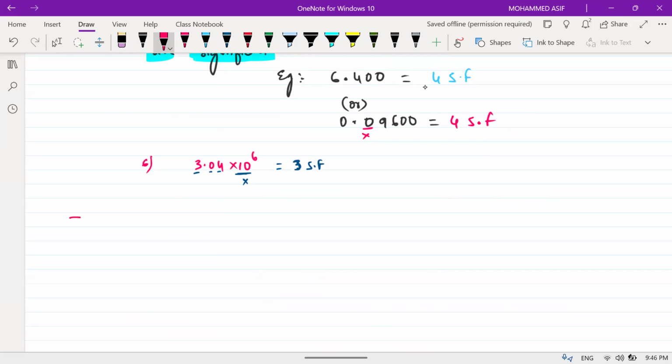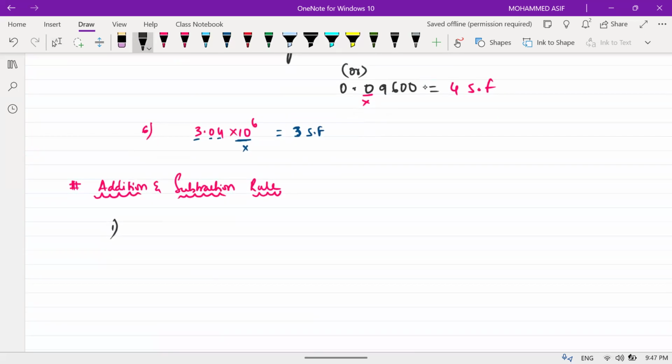Sure. The next one, we'll talk about addition and subtraction in significant numbers. Very important bit: the addition and subtraction rule. See this one. Whenever you are adding numbers, like length, breadth, and height, make sure that the number having the least number of digits after the decimal decides the final answer. The condition is whenever we add,